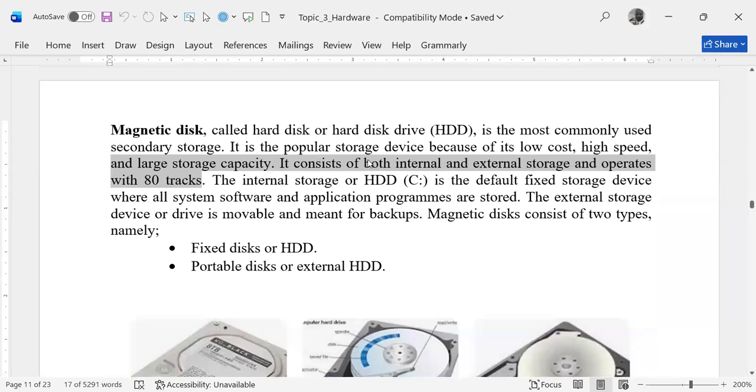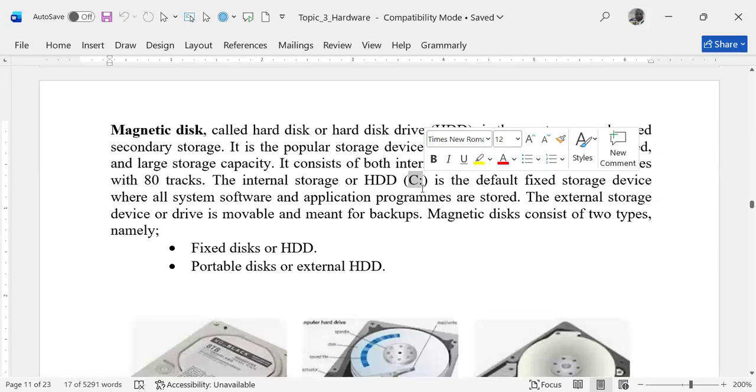This type of storage or this type of disk supports you to use the save command to save directly on it. And then the default drive is normally C. In computing, when you hear drive, it means a letter assigned to a storage location. So the default drive is C. And when you see any letter in computing with a colon behind it, it means a drive letter. So this is drive C, C colon. You can see K colon. This drive is a default. You can modify or change it to any letter you want.